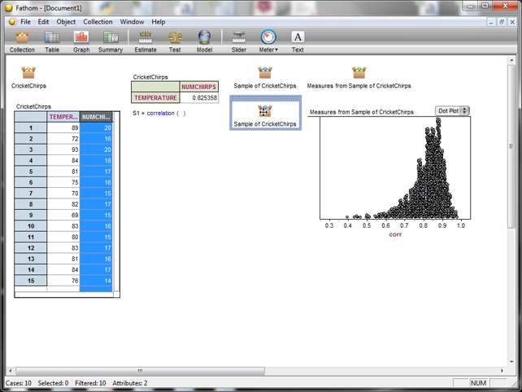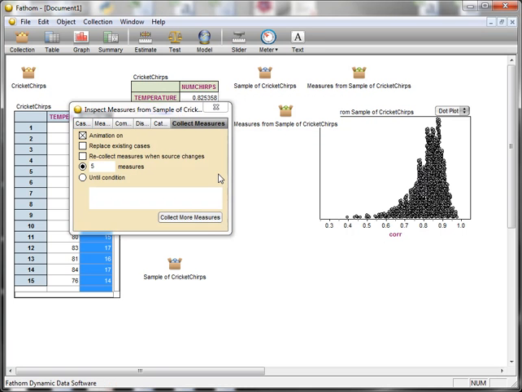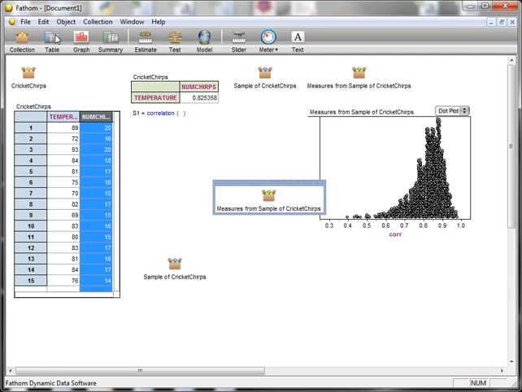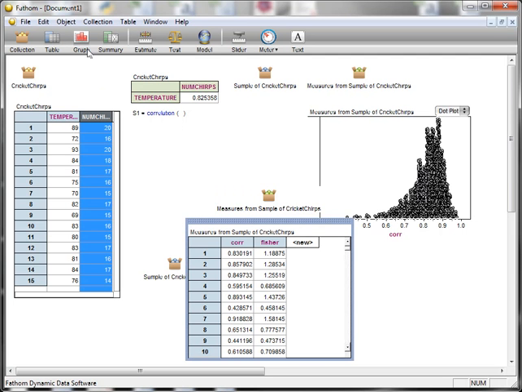I'm now going to collect a large number of these measures, where the measure now is not sample correlation, but the Fisher transform of the sample correlation. Let's collect. I'll go on ahead and pause the video and collect 1,500 of these, and then we'll have a discussion when we return. So we're done now collecting 1,500 Fisher transformed sample correlation coefficients,